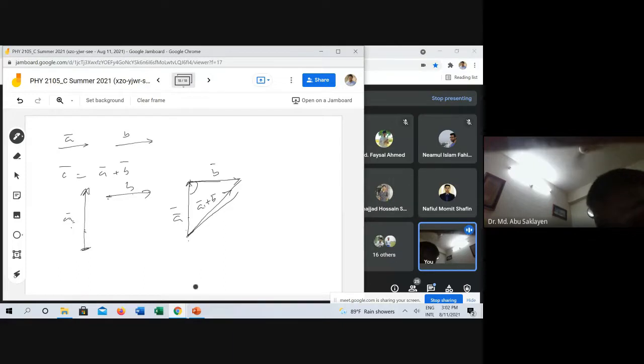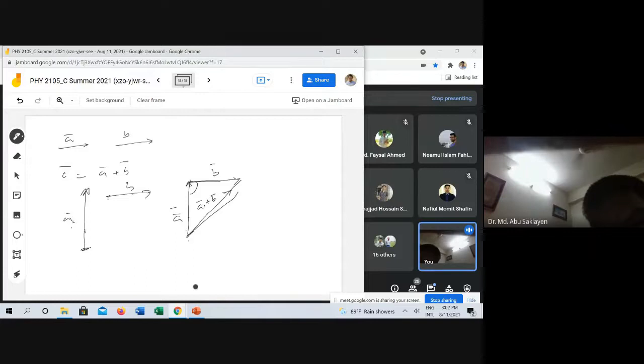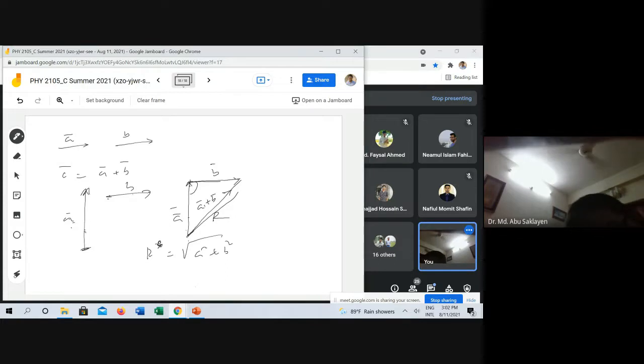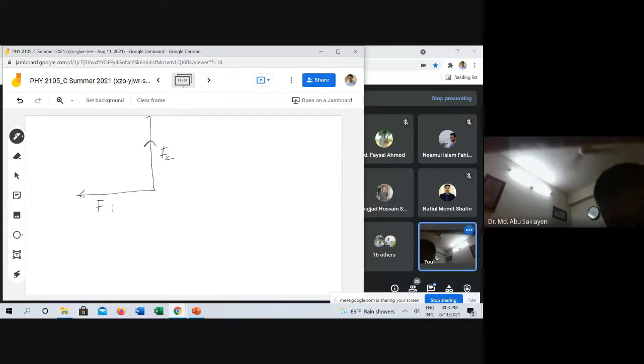এটা হাইপোটেনাস, বাংলায় যেটা অতিভুজ বলে। জি স্যার, হাইপোটেনাস। শুরুর আগে আমি বলছিলাম যে 2 আর 3 আছে, তাহলে আমরা Q1 আর Q3 এরটা ইজিলি বের করতে পারবো, 5 হবে তখন। সাপোজ r ইকুয়াল টু রুট ওভার a স্কয়ার প্লাস b স্কয়ার। তাহলে আমাদের এখানে কি আছে? নেগেটিভ x অ্যাক্সিসে আছে f1 আর পজিটিভ x অ্যাক্সিসে আছে f2, রাইট? তুমি এই ভেক্টরটাকে, f2 কে এখানে নিয়ে আসো, কিপিং ডিরেকশন এন্ড ম্যাগনিটিউড সেম।